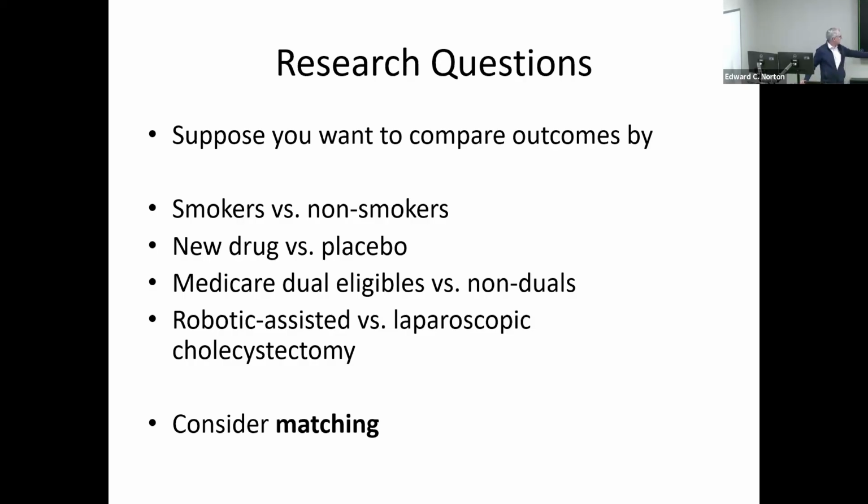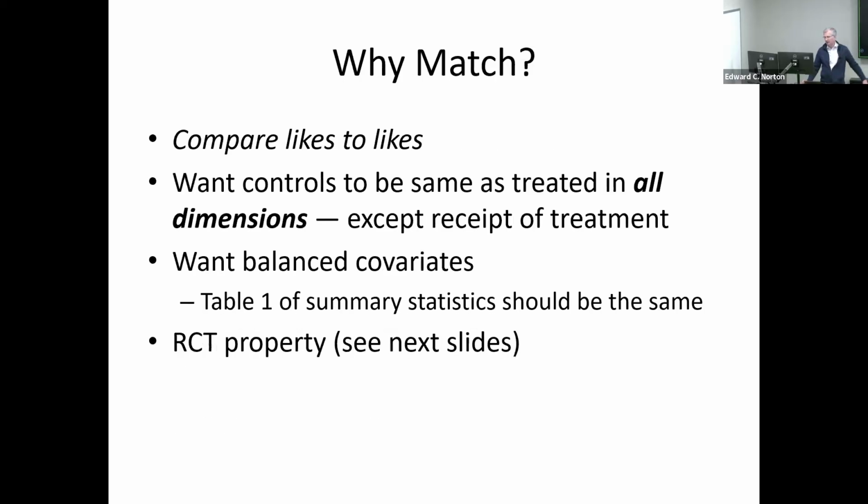And so many people turn to some form of matching. And so the idea of matching is we want to compare likes to likes. We want to compare as closely as possible groups that are closely matched. And I really want to focus on this slide and make sure that the motivation behind this makes sense, because a lot of the questions that I get about entropy balancing later sort of forget what the goal is.